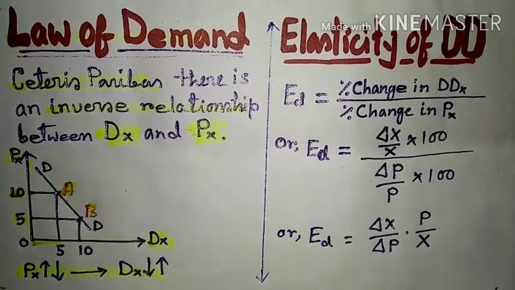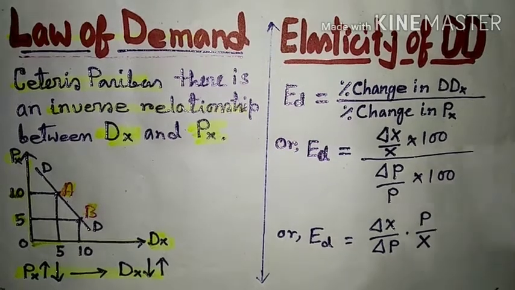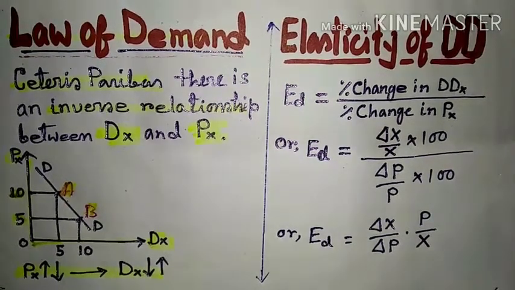Now we have to explain what is elasticity of demand and what is the need of elasticity of demand. Elasticity of demand is simply represented by the change of demand due to changes of its factors. Here the factor may be price of that particular product, income of the consumer or buyer, and the prices of its complementary or substitute goods, that is other goods.